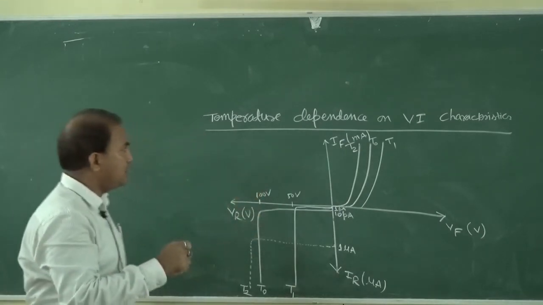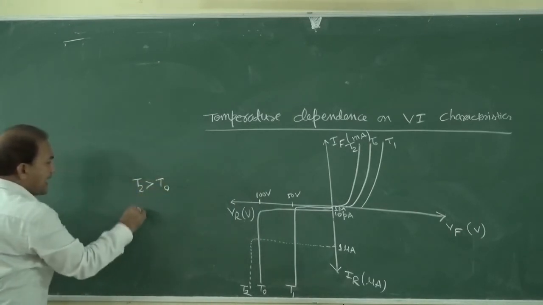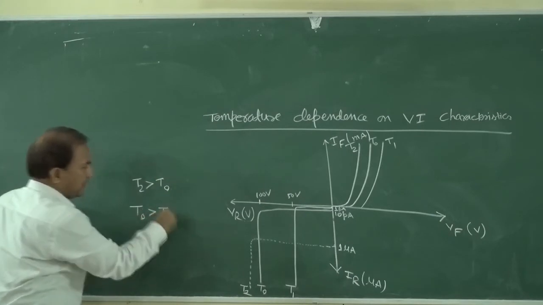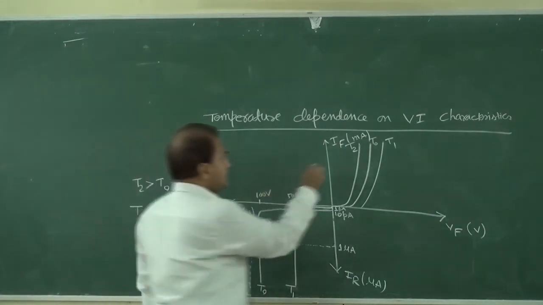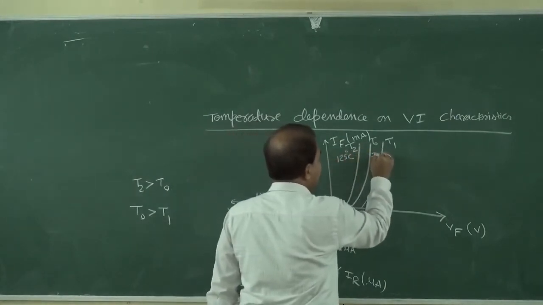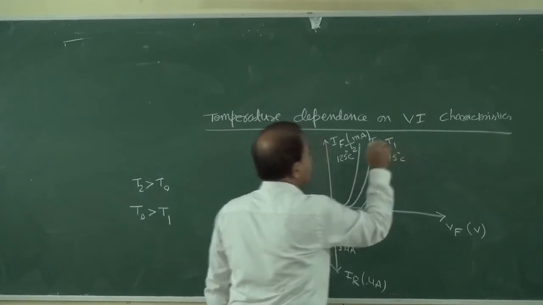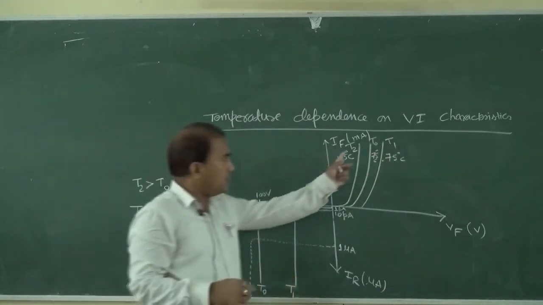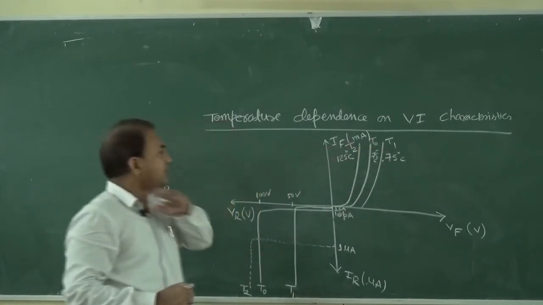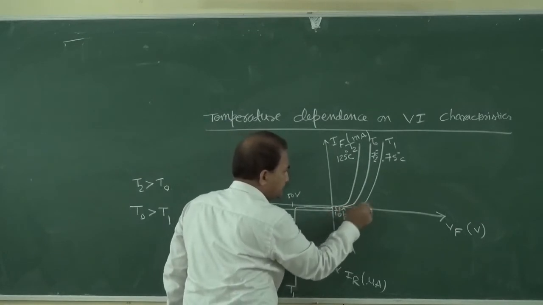with temperature variation. Here T2 is greater than T0 and T0 is greater than T1. Okay, say this is at 125 degree centigrade, say this is at 75 degree centigrade, and say this is at minus 75 degree centigrade. Okay, so T2 is greater than T0, again T0 is greater than T1. So in this figure of VI characteristics, we are seeing that